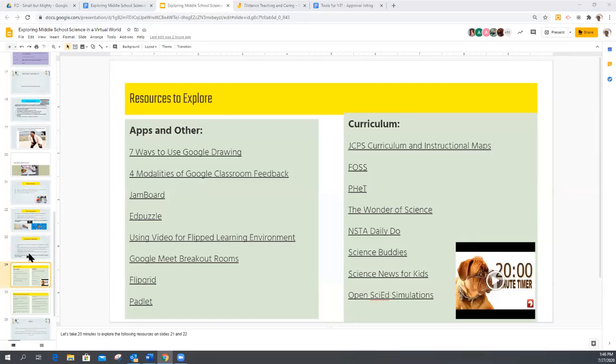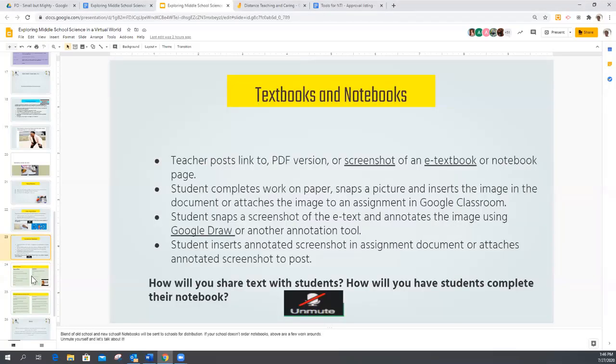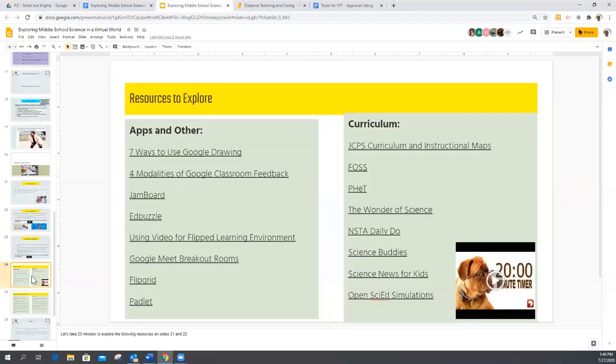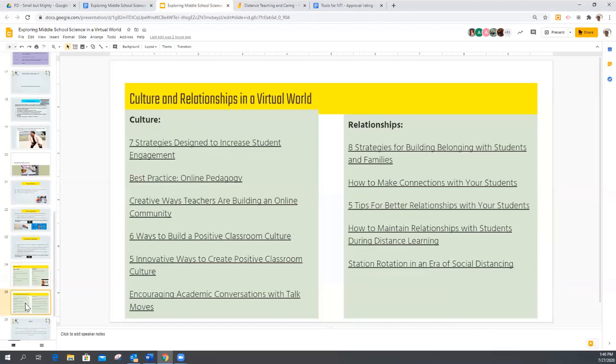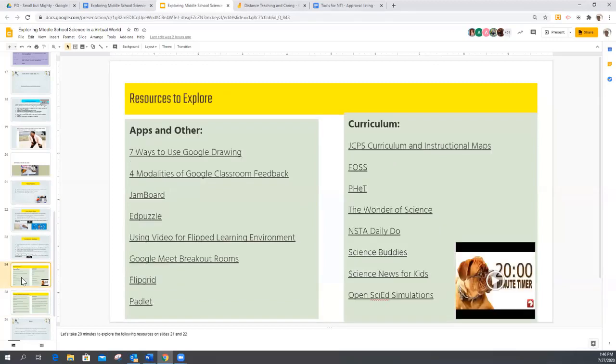So just really quickly, there are one, two, three slides. I'm going to make you dizzy and go back and forth. So there are some links here. There are a ton of links here, and then there are links here. And so what I've done is I've gone back to the slide where it broke down the four different things that we needed to look at. And so we wanted to provide you with some apps that you could use.